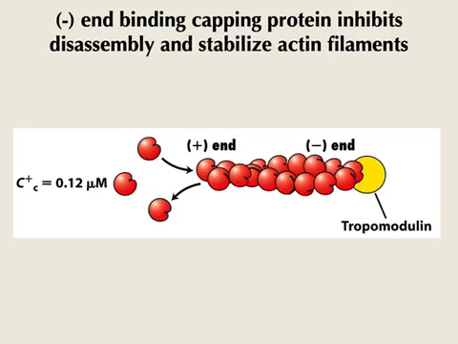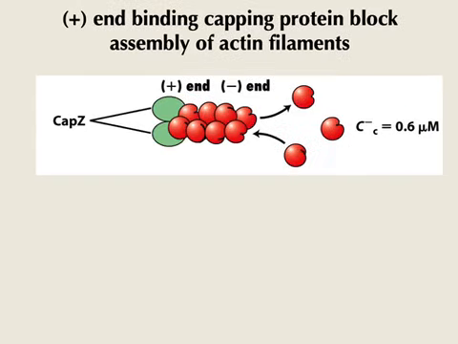Other kinds of regulators have almost the opposite effect. This capping protein will instead bind to the plus end, and so what do they prevent? Polymerization, right? So that's a case where, instead of stabilizing filaments, you would want to boost dynamics. So allow short filaments to be created, but then prevent them from growing further, such as, for example, in a